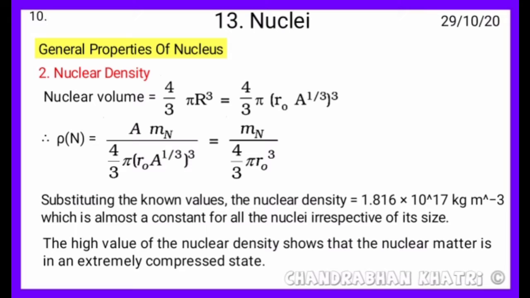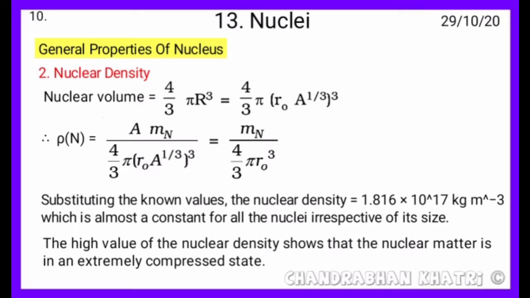That one is equal to Mn upon 4 by 3 pi R naught cube. Substituting the known values, the nuclear density is equal to 1.816 into 10 to the power 17 kg per meter cube,